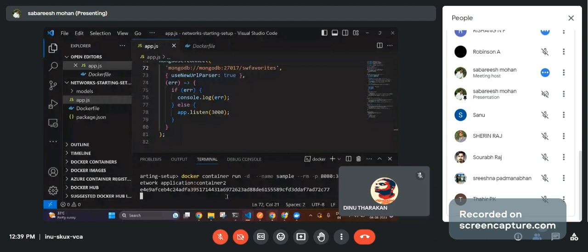Sir, actually, if we are starting a new application with a MongoDB database, so we need to install some packages of MongoDB in the host. I mean, where do you want to install the dependencies?